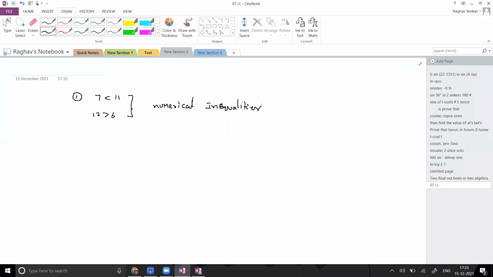Here, the solution set, we can't call any solution set. You can call a solution set for an expression when there is a variable, an unknown thing. What is it then? It's a true statement, that's it. Correct. It can be either true or false.